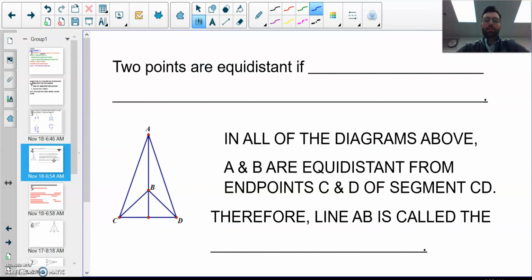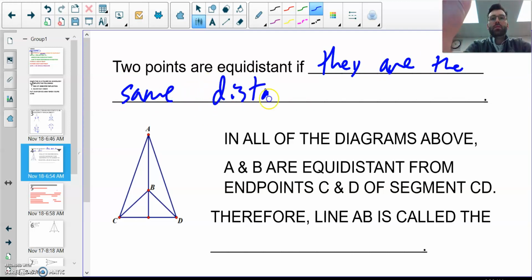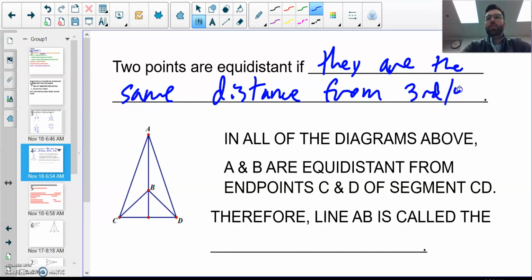So two points are equidistant if they are the same distance from third and fourth points. In all diagrams above, A and B are equidistant from C and D, from endpoints C and D. So therefore, line AB is called